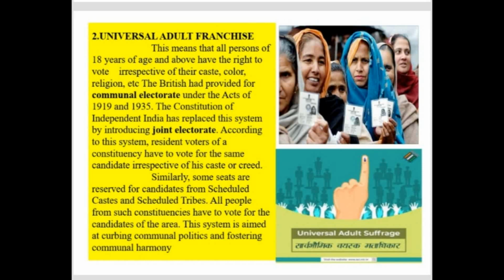For example, just take Madanapalle as an example. What the British would do is check which community or religion is more numerous in this area, and they would allow only people from that community to contest as candidates, and no other person from any other community was allowed, and only the people belonging to that community would vote. This was a very dangerous practice followed by the British to discriminate and to increase the gap between Hindus and Muslims in those days before independence in India.